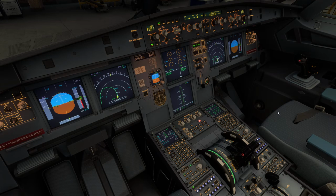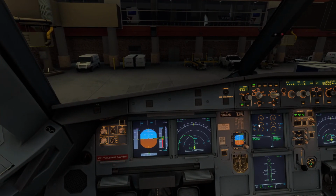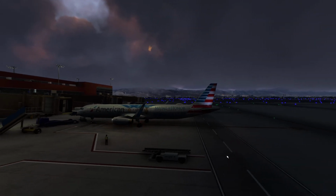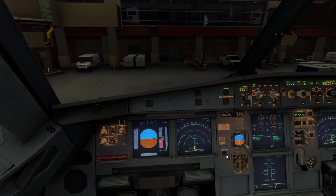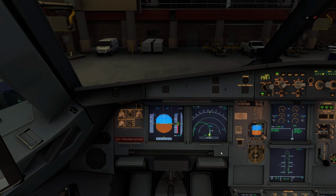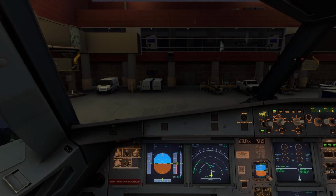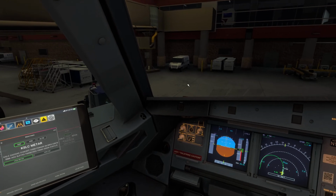But we're also going to get some breathtaking early morning views of the Grand Canyon as we fly from Salt Lake City, Utah to Phoenix, Arizona in the American Airlines A321, as you can see here. Just for convenience, I've set up everything in the MCDU before I started the stream. I'm going to be pushing back now